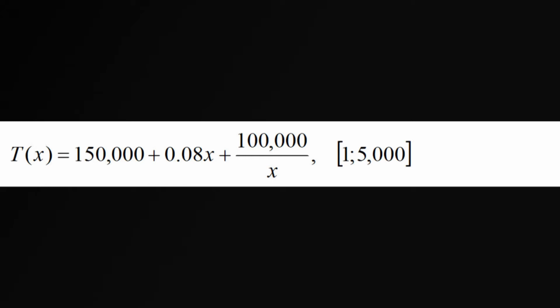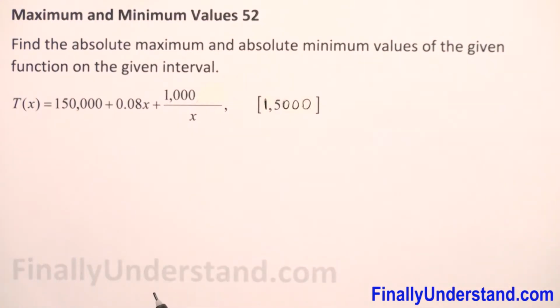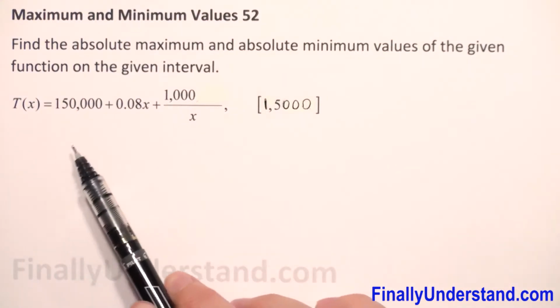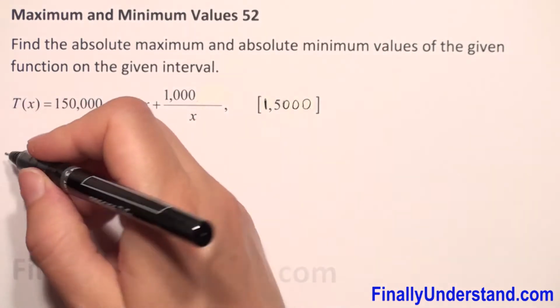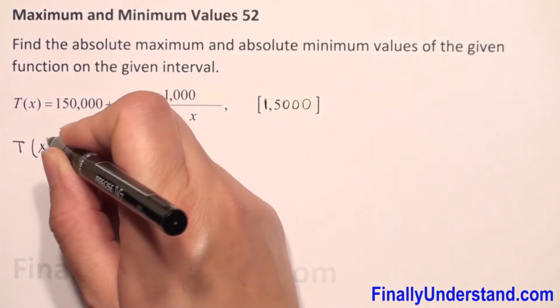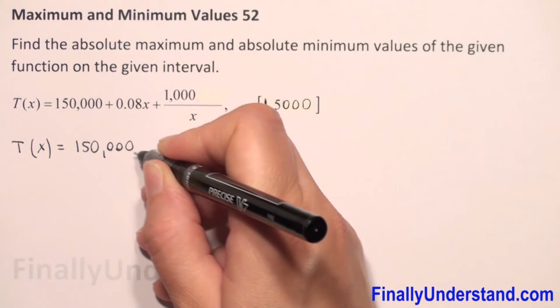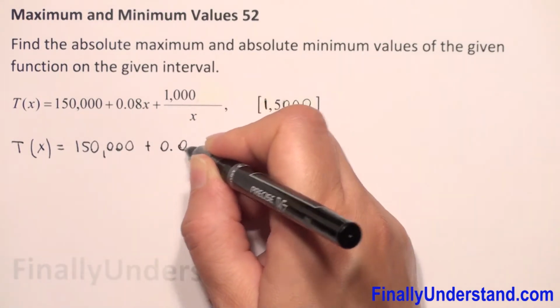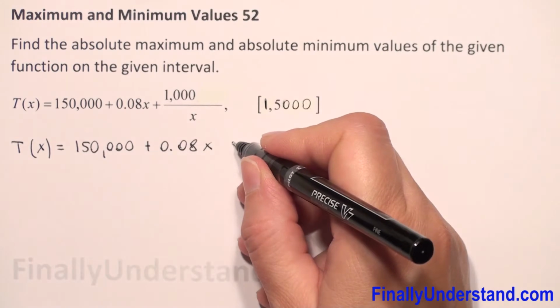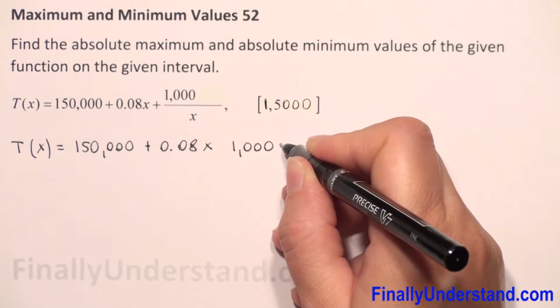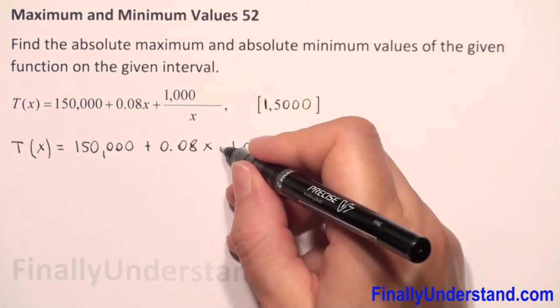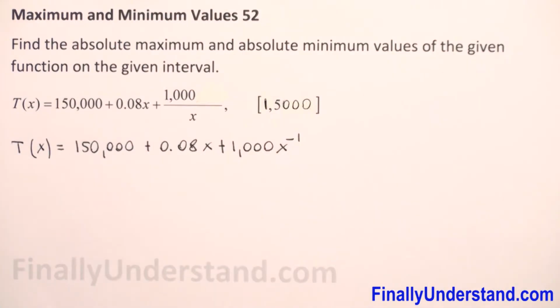We have a continuous function in this closed interval from 1 to 5000. We can rewrite our T function to power form. So we have T of x is equal to 150,000 plus 0.08x, plus 1000 times x to the -1. I forgot the plus. So now to find absolute maximum and absolute minimum values, we need to find critical points and